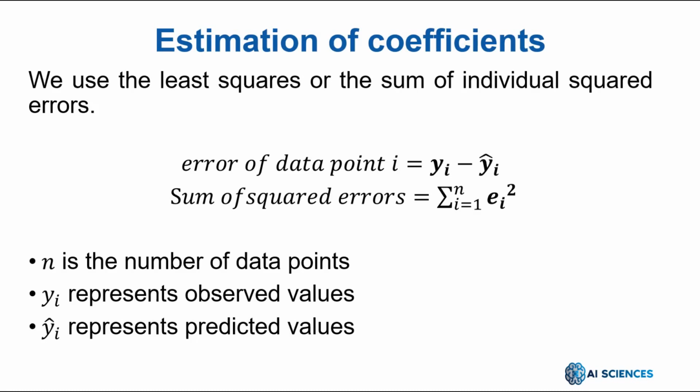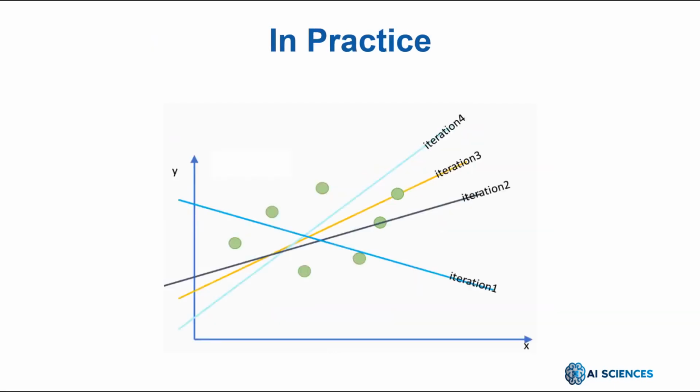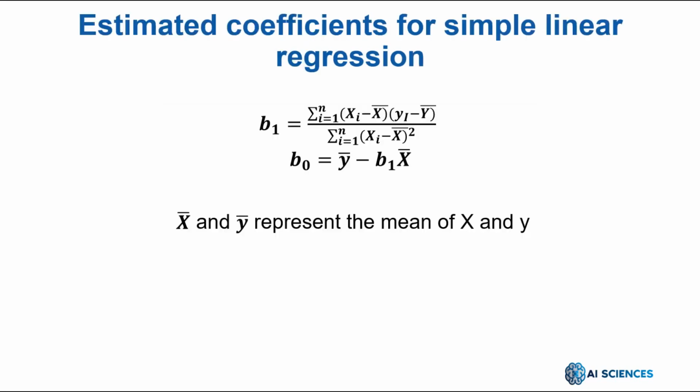Let's look at a graph to understand it better. In the graph, the green dots represent the true data, and the yellow line is a linear model. The dotted red lines illustrate the errors between the predicted and the true values. In practice, we use the OLS algorithm, that's ordinary least squares, iteratively. In each iteration, the algorithm calculates the sum of the individual squared errors. And in the next iteration, the algorithm updates model parameters to shift the line from the previous position to reduce the squared error. Finally, the best OLS estimators of the coefficients are